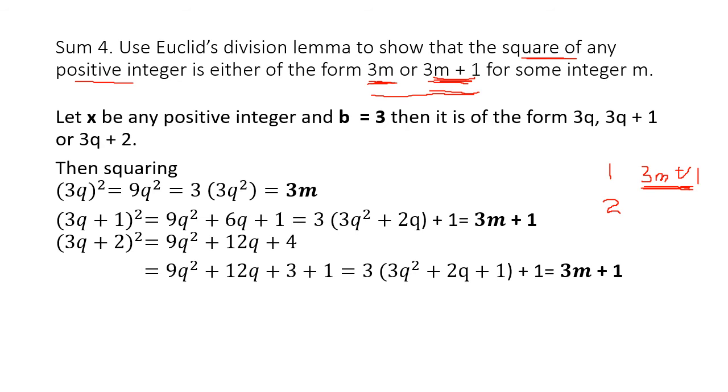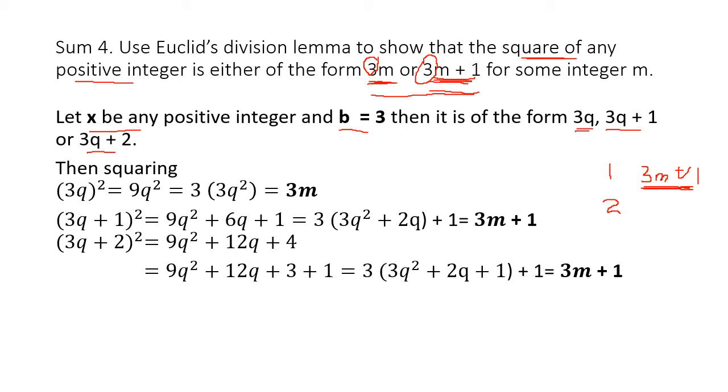But now to show the same thing using Euclid's division lemma. So here I have taken, let x be any positive integer. And what form am I showing? 3m or 3m plus 1. So what is my b here? I have chosen this time, it is given b is equal to 3. So if b is equal to 3, you can have the remainder 0, 1 or 2. So you can write the form 3q plus 0 or 3q, 3q plus 1 and 3q plus 2. So when you get b equal to 3, you can write any positive integer in either of these three forms.